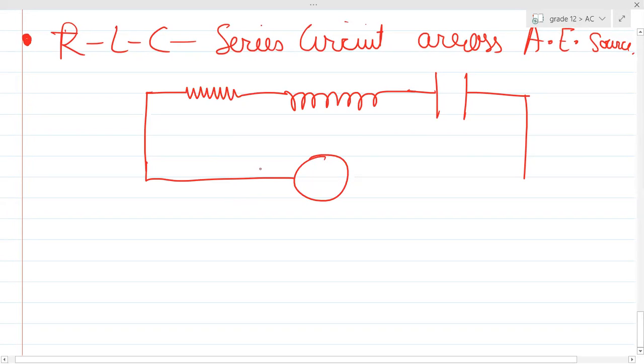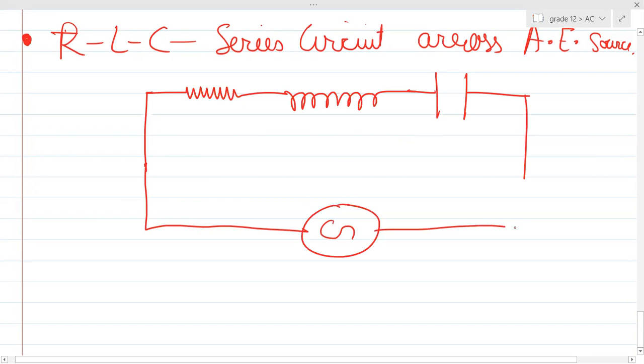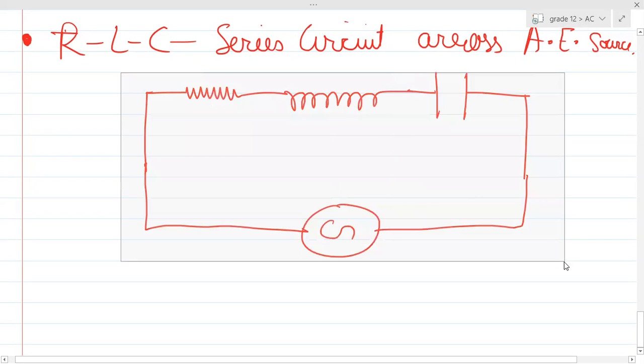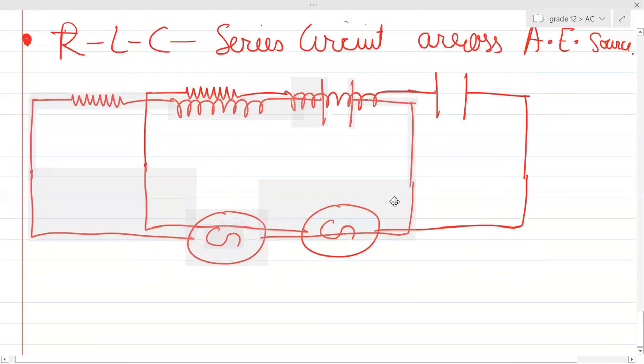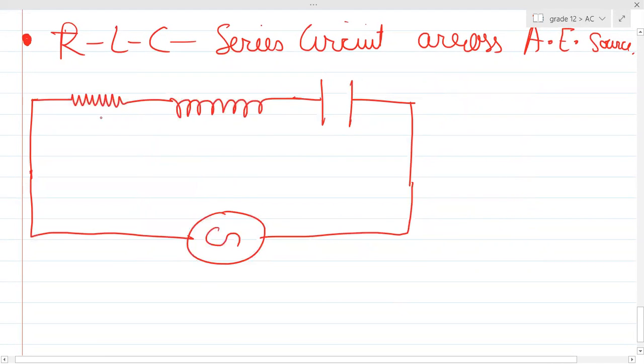Let me draw it a little bit more. I'm making the diagram a little bit bigger so that it will be much clearer to you. And this derivation is important as per your school point of view. So what will you do,